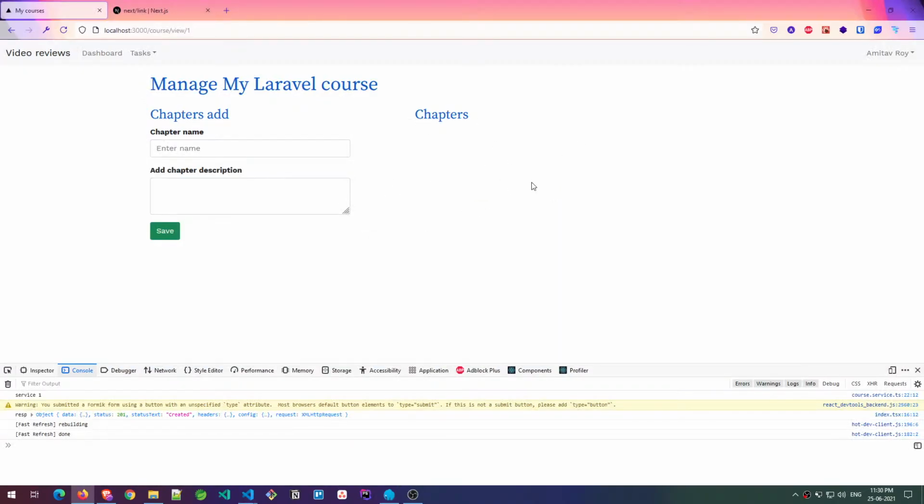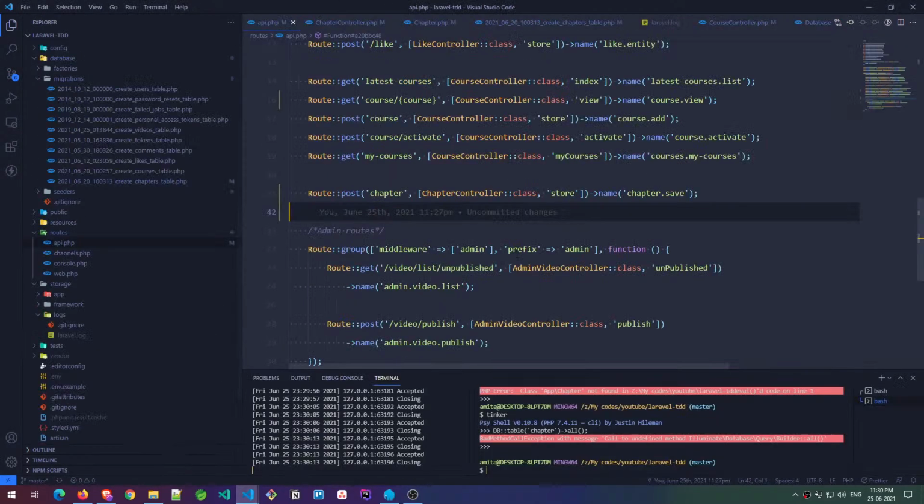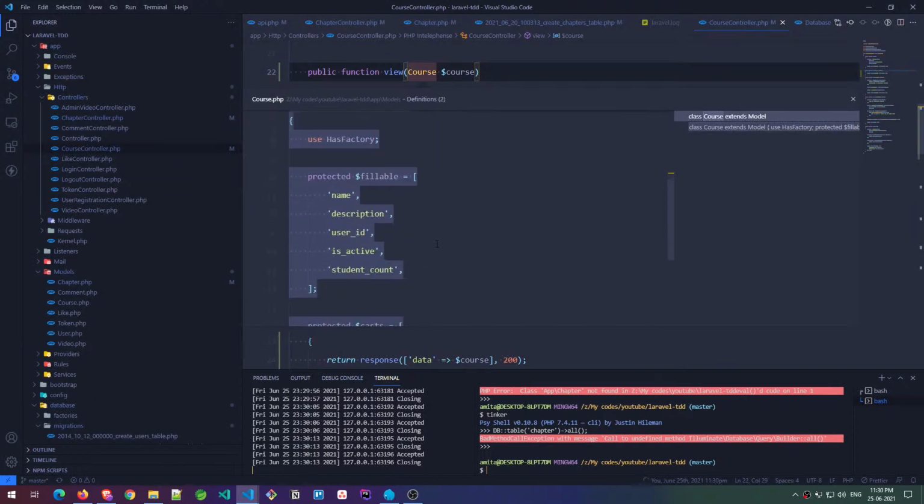Okay, and now it's time to work on that particular piece which we were saying, that I need to get all the, how do you say, all the chapters in a course, right? Now we have a course controller where we are loading the course model